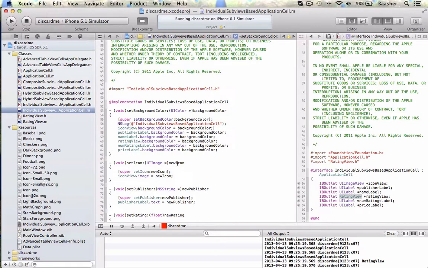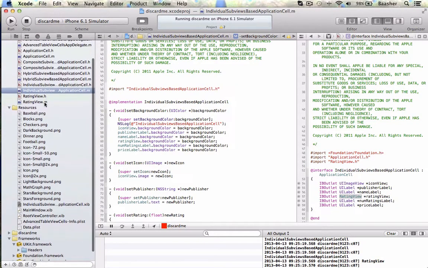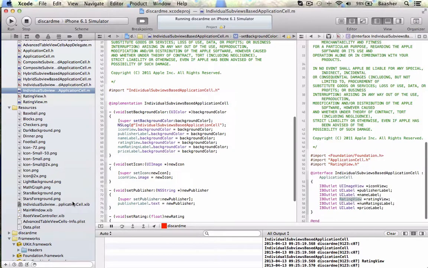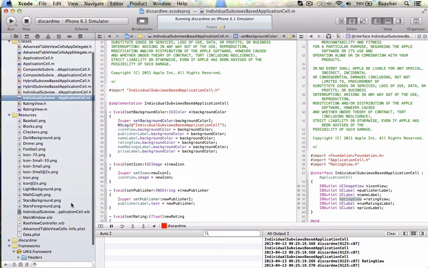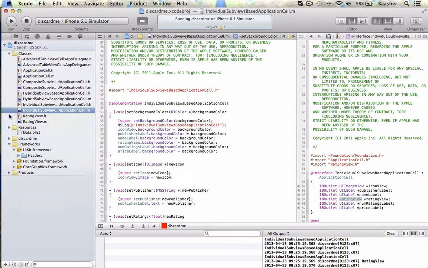Set background method, that's all there is to it. So rating view, that's why they call it the individual subview. It uses this and that. Now in the root view controller,